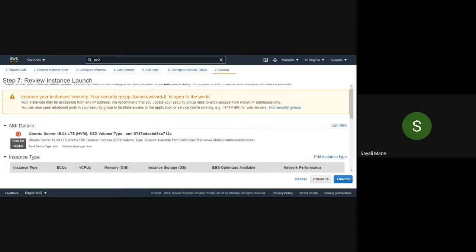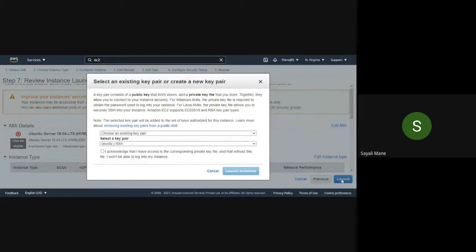Are you getting this screen? Now click on the launch button, and then you will get this message: select an existing key pair or create a new key pair. Are you getting this screen?